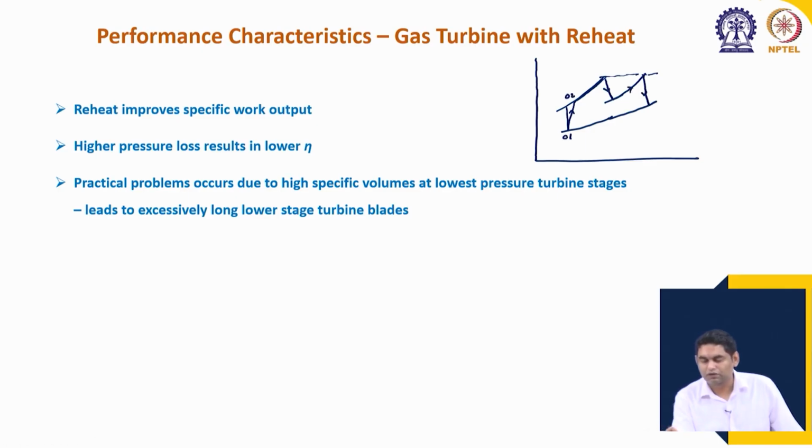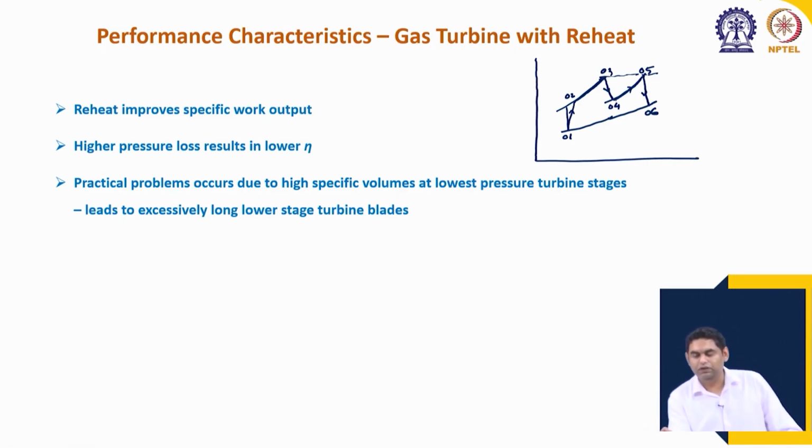So, 03 to 04 is the first expansion, 05 to 06 is the second expansion, 04 to 05 is the reheat. So, compared to 3, the pressure at 5